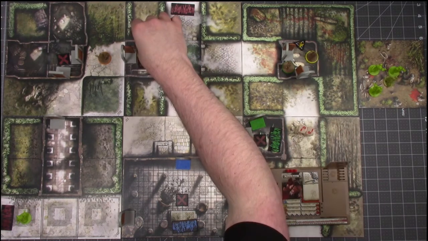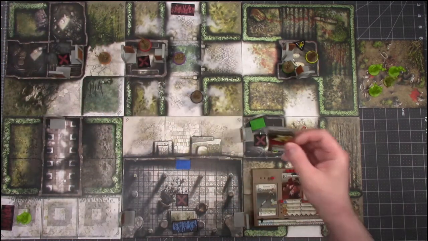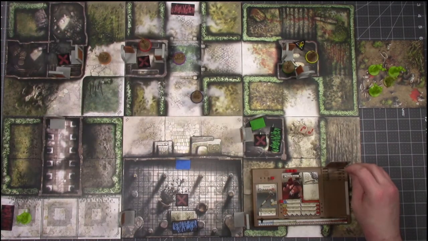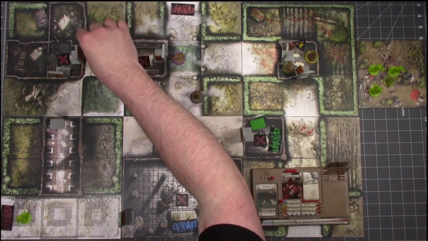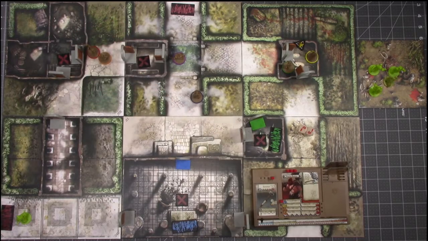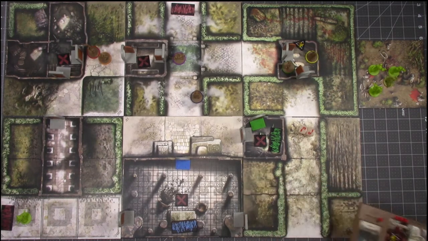Rodney will search first. He gets Mana Blast, which he will put in his bag. And he will go 1. And he will try to... no, I'm not going to open that door right now. I'm going to wait, because that was my last person to go. So...